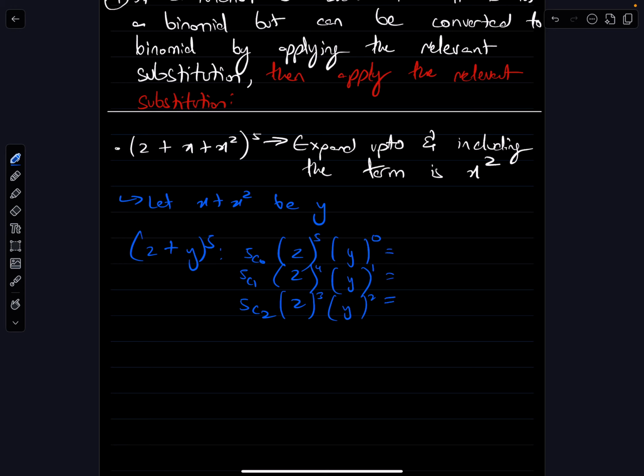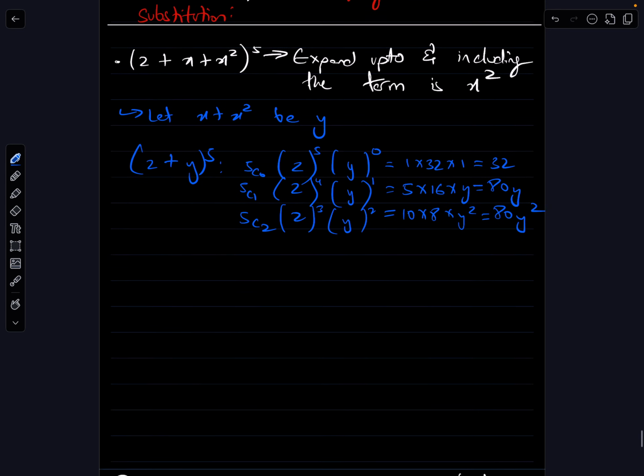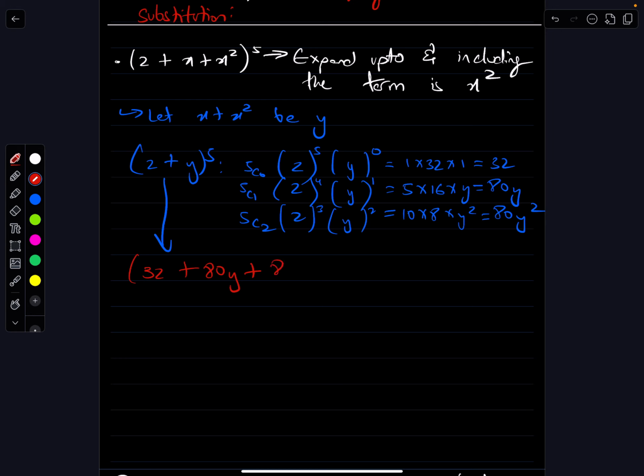Solving this would give us 1 into 32 into 1 is equal to 32. Solving this would give us 5 into 16 into y is equal to 80y. Solving this would give us 10 into 8 into y squared, 80y squared. Thus, we have our first few expansions. So we can write this as 32 plus 80y plus 80y squared